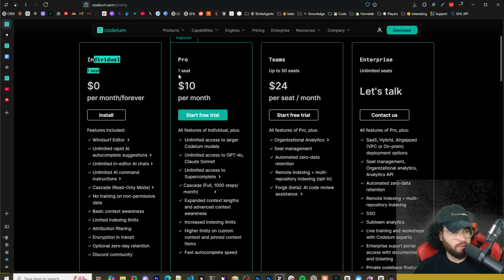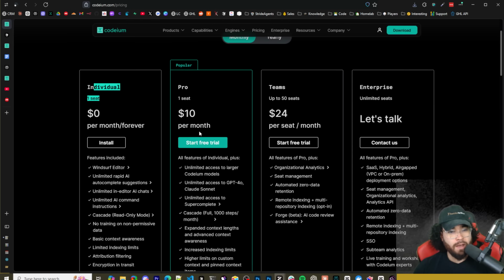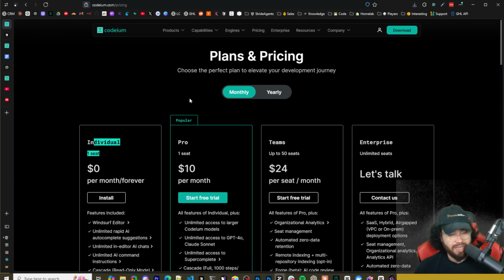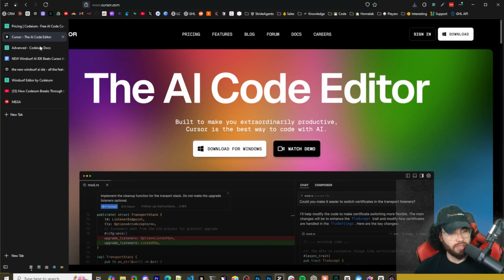But then there's the Pro plan, which is $10 per month. You get unlimited access to larger Codium models, unlimited access to GPT-4o, Claude Sonnet, and unlimited access to Super Complete. You get Cascade, so a full 1,000 steps per month, expanded context lengths. You can see all this other stuff here. I'm not going to go through it all, but as you can see, it is $10, which is 50% of